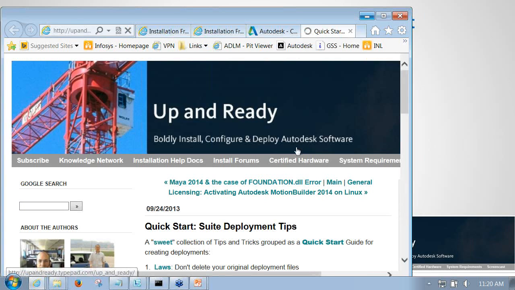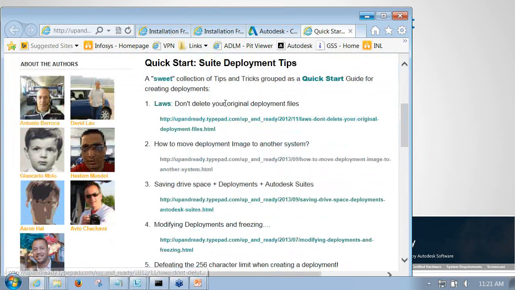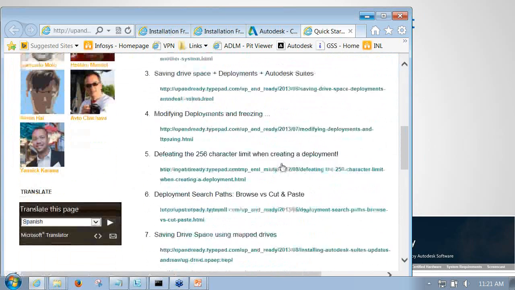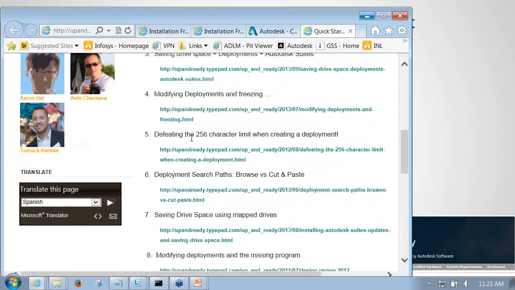So you guys can go there and check out all the tips and tricks available for you to understand, such as defeating the 256 character limit. That's the main thing when it comes to deployment creation, because Windows Installer is not able to resolve anything above 256 characters. So if your deployment is stored in a nested file path, such as